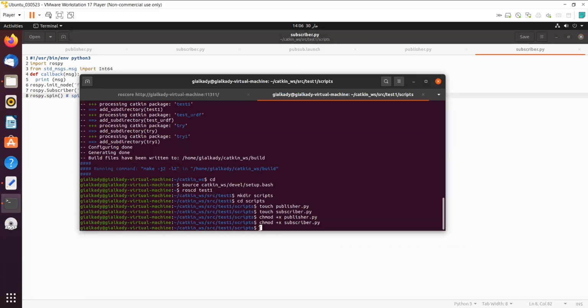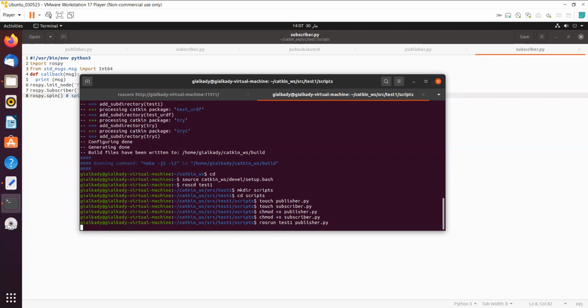To run the node, we will write rosrun. Then we will write the name of the package, which is test1. And then we will write our file, which is the publisher.py, then enter. Now the publisher is